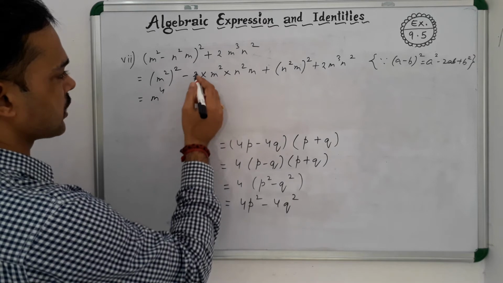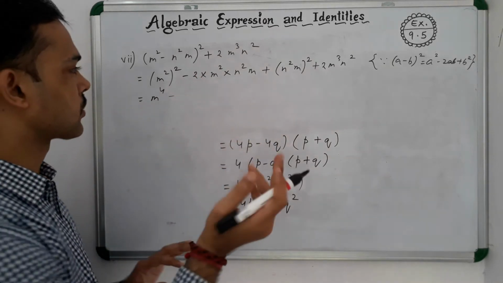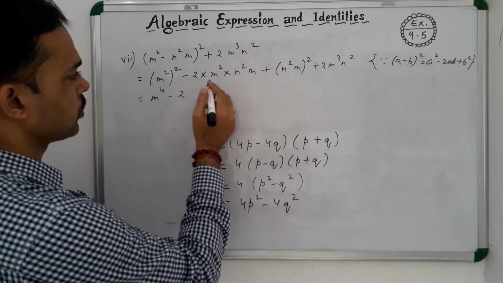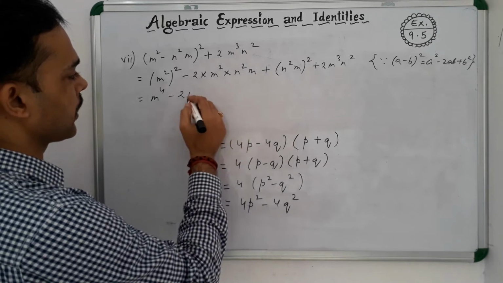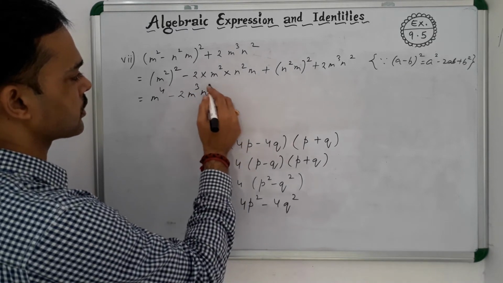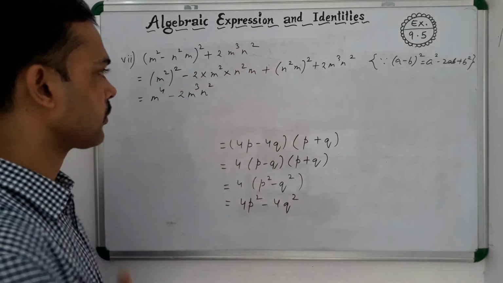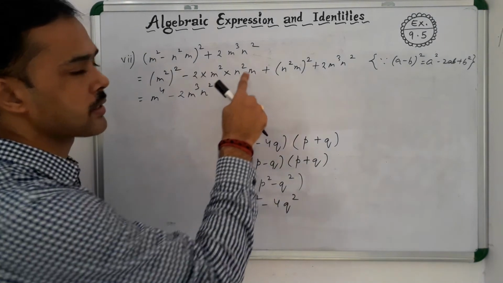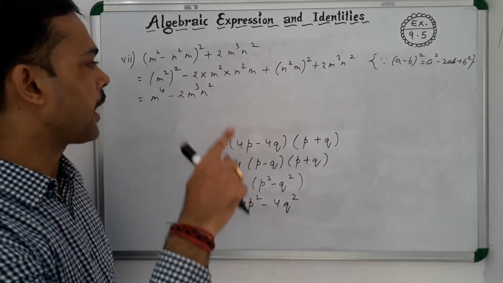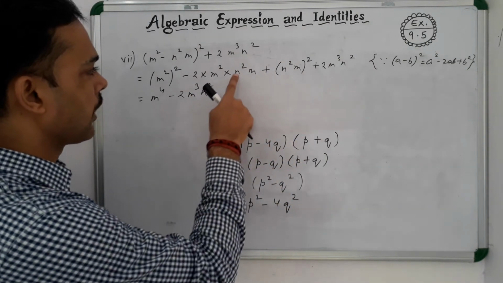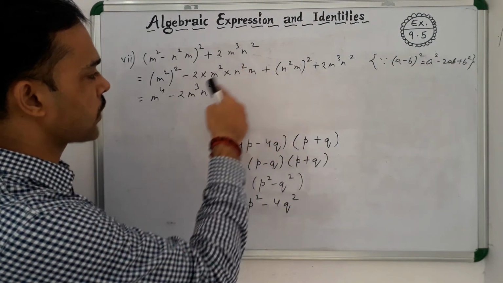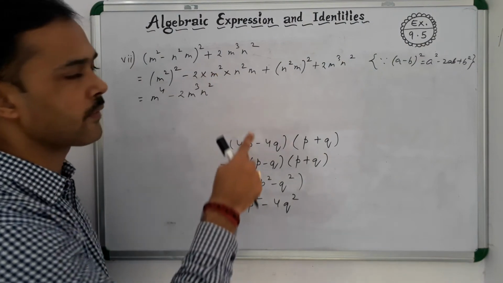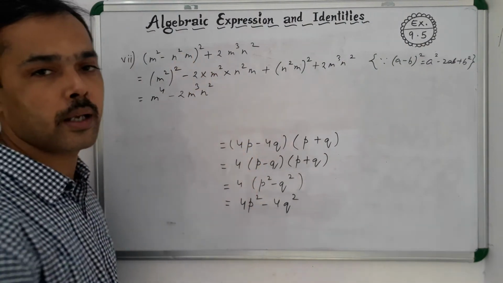These two are positive, this one is negative, plus into minus will be minus, 2 into 1 will be 2, m square into m will be m cube, and n square as this one. How this became m cube? This is m square and this is m. M square into m will be m cube, and this is n square only at one place. Here you don't have any n, so it will remain n square,